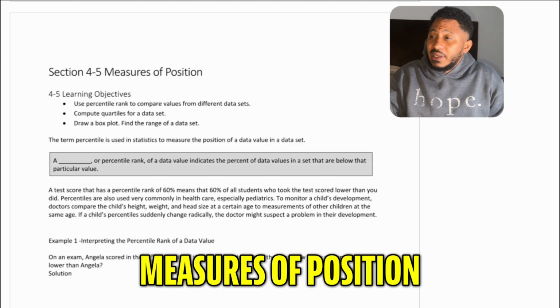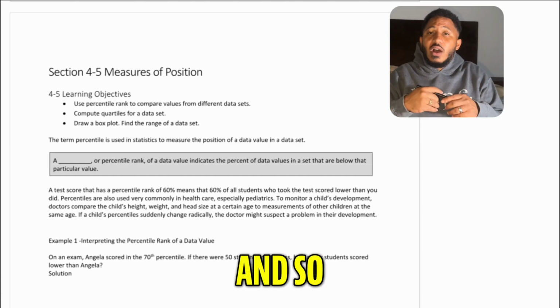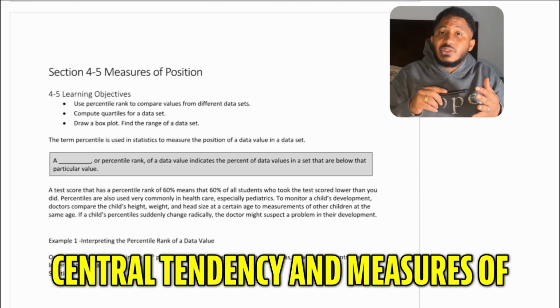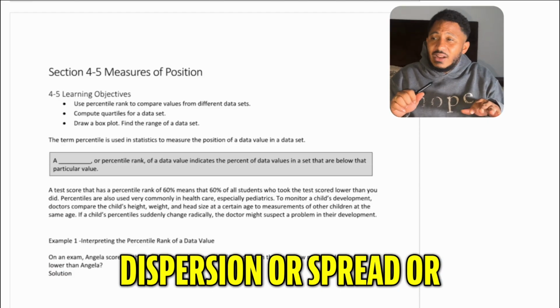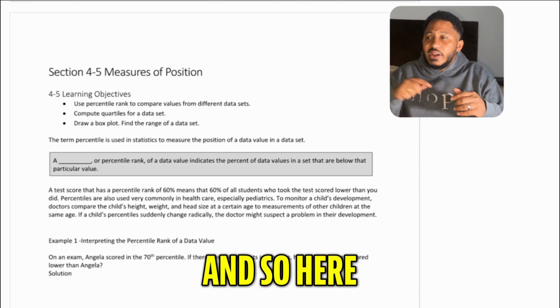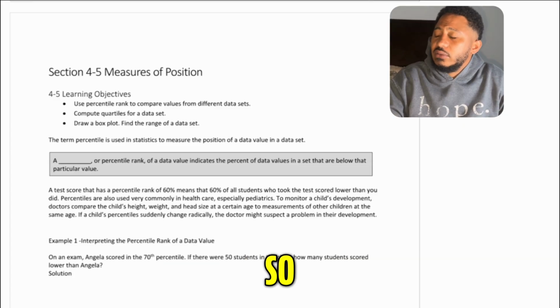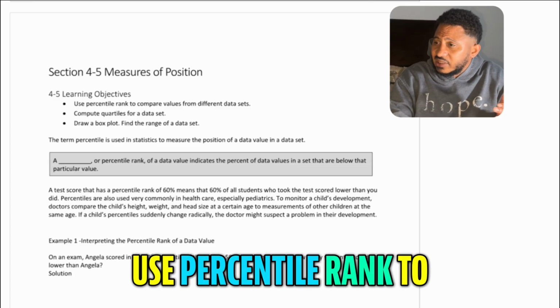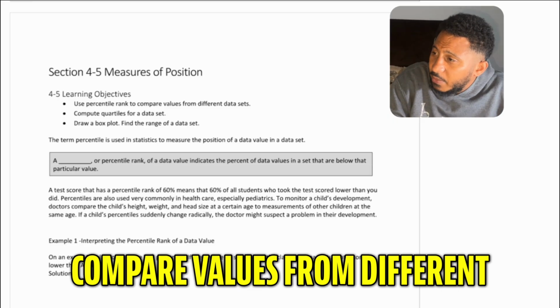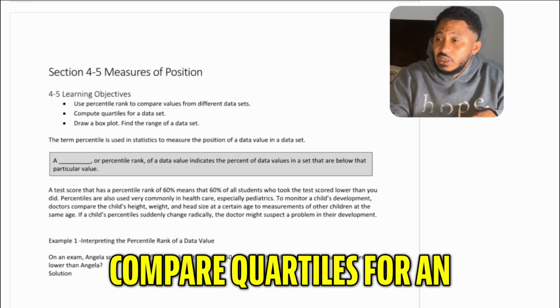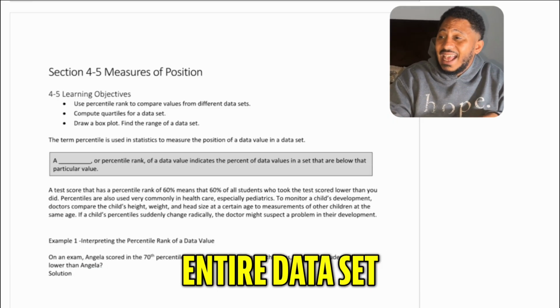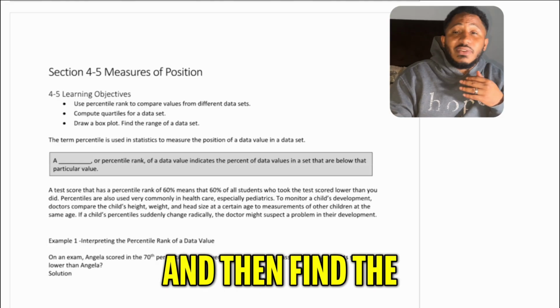So here we're addressing measures of position, right? And so we talk about measures of central tendency and measures of dispersion or spread or variability. And so here we want to talk about the measures of position. The things we want to learn today are: use percentile rank to compare values from different data sets, compare quartiles for an entire data set, and then draw a box plot and then find the range of that